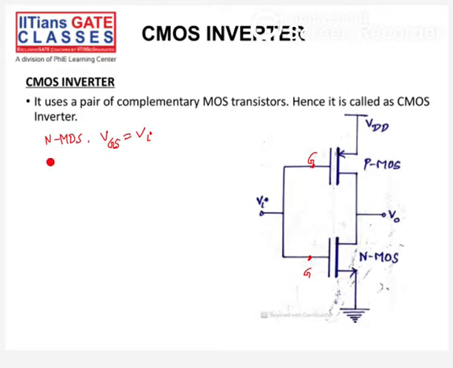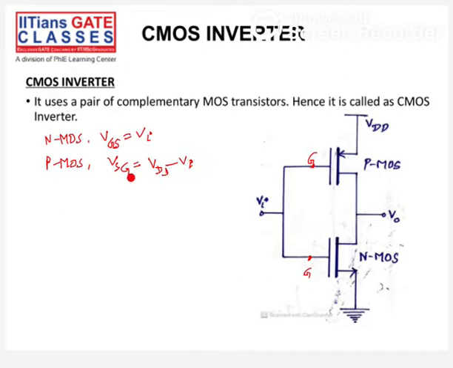And for PMOS, what is VGS here? Can you tell me? What is VGS? That is VI. VGS we don't write, because it is a common gate. That is why we write VSG. We write VSG because gate is common here. So we can see it is VDD minus VI.